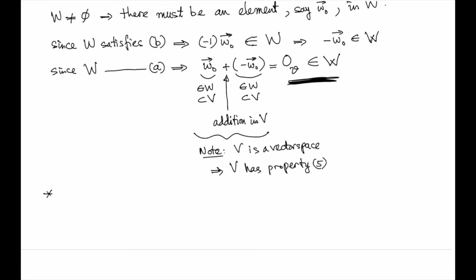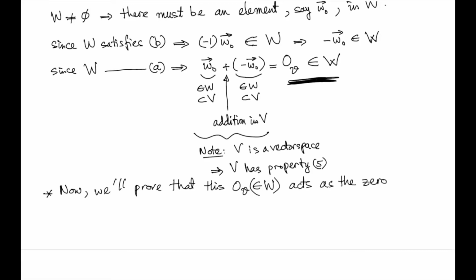All right, so now we'll prove that this zero vector in V, now in W, has to satisfy or act as the zero vector